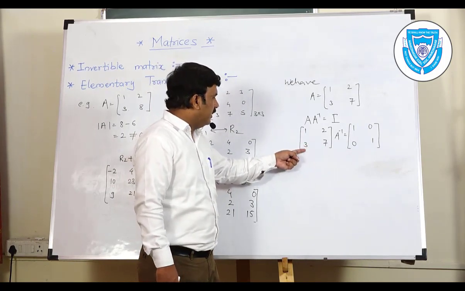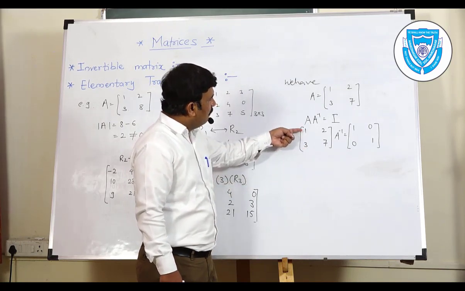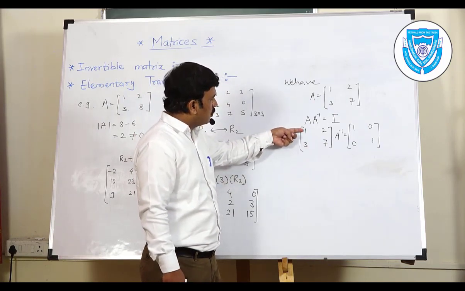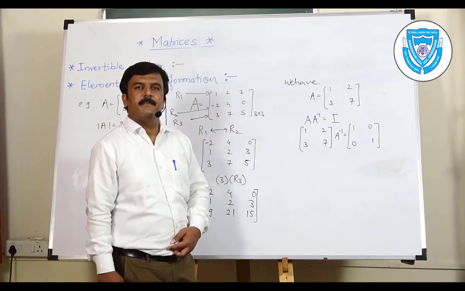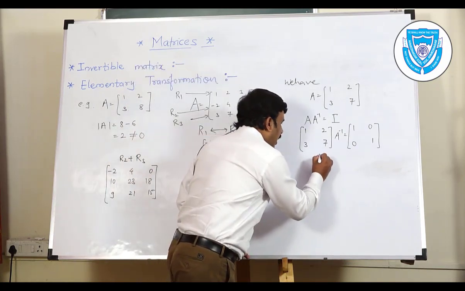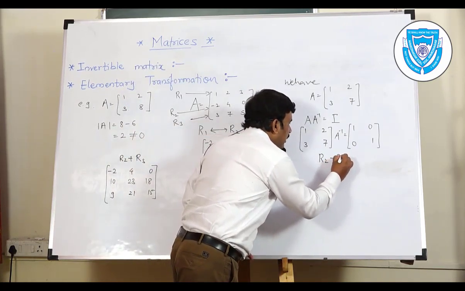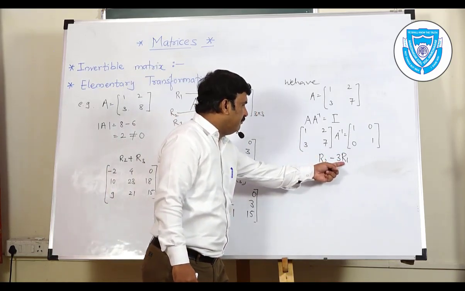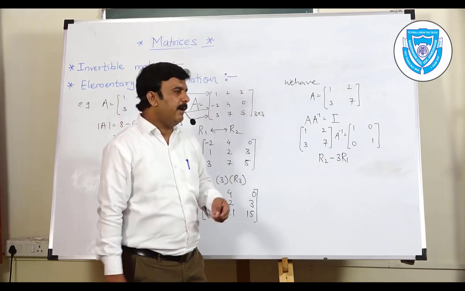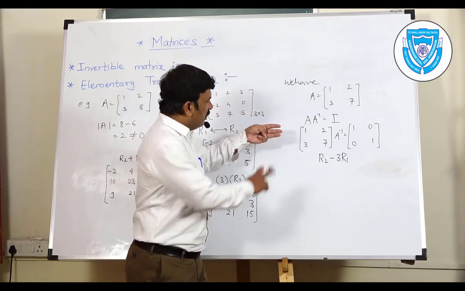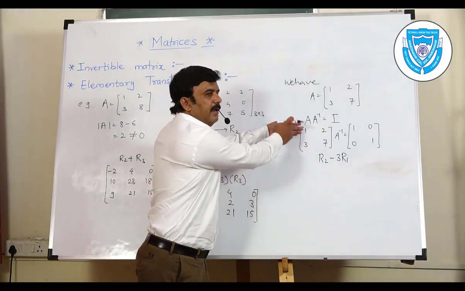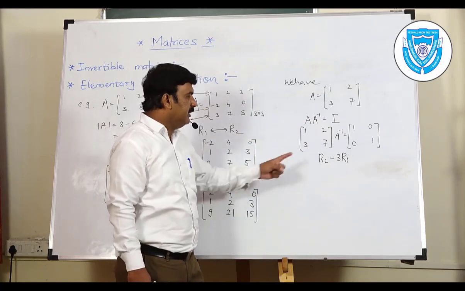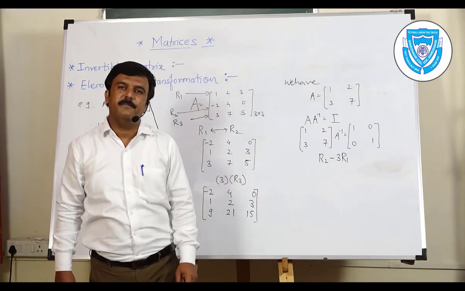So to get 0 over here, actually we need to use the uppermost or any one of the rows. There is only one row, so obviously we'll take help of the first row only to get 0 over here. Let us perform the operation R2 minus 3R1. Now the question arises, why do I need to multiply the first row by 3? If I multiply the first row by 3, obviously I'll get 3 over here because 3 into 1 is 3, and 3 minus 3 will become 0. Therefore, we'll choose to perform this operation so as to get 0 over here.